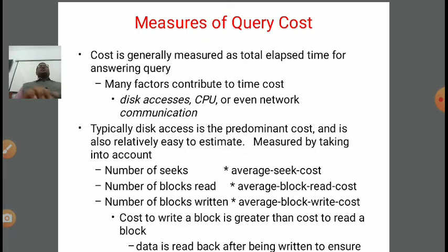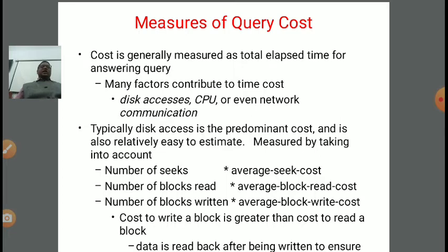It means starting from when we make a query, until in response it gives the result in the form of a relation. So how much time it takes in between is called the query cost. It is total elapsed time in answering the query. Now, many factors contribute to the cost, like disk access. If access is too slow, then definitely query cost will also be high. Second, CPU utilization or even network communication also plays a very important role while deciding the query cost.